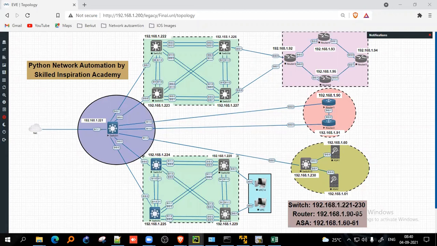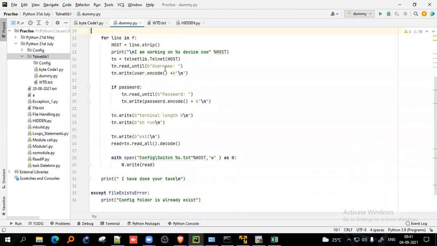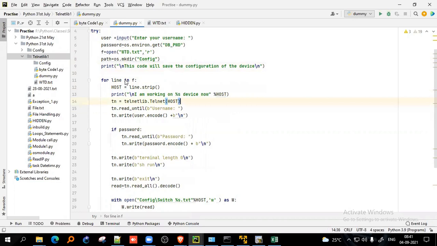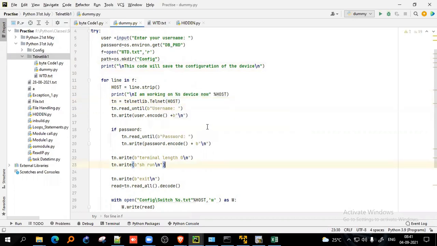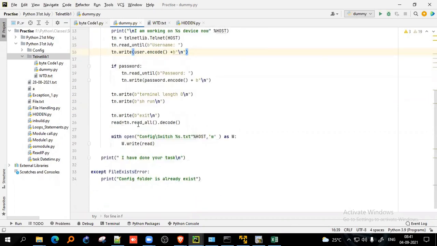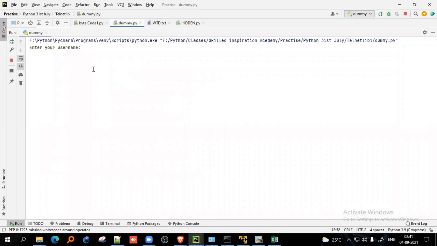It's like we have read, we have config. I think everything that we have is here, right? So let's try to run the code now. What I did is I just fixed this part. I was thinking that there was an issue in that. So I hope that it will run now. Show run, tn.read, tn. So I have used the variable. Okay, let's run now. I hope that it will work now.